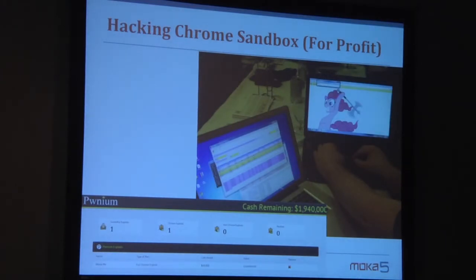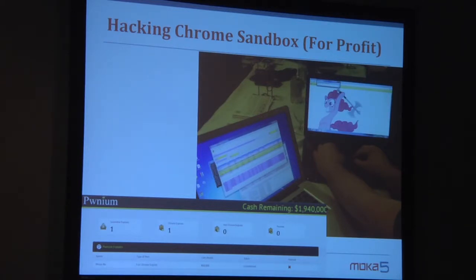Google Chrome Sandbox. So Google Chrome does something very cool. All of their stuff is open source, and they have these competitions, like the Pwnium competition, where they will pay cash to people who find exploits, basically ways to break out of the sandbox. There's this one kid, he's like 17 years old, he goes by the alias Pinkie Pie, and he's made like $160,000 in one year from Google just by finding a couple of exploits and doing it at this competition.